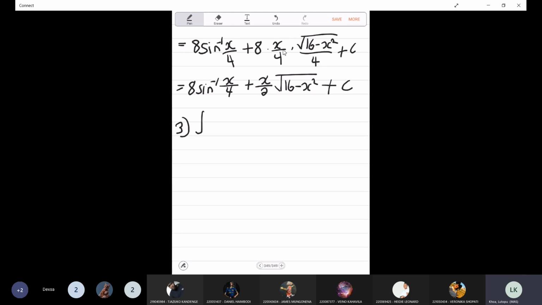Okay, number 3, we have the integral of the square root of 4 minus 9 x squared dx. So again, we want to write it in the form a squared minus x squared. So there mustn't be any coefficients over here. So what we need to do is factor out the coefficient of x squared. So when we do that, we have the integral